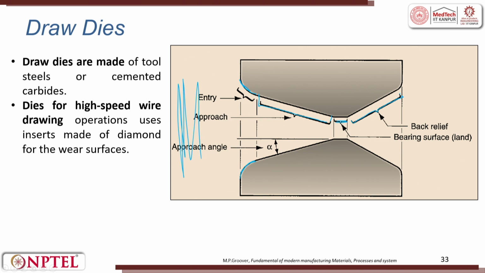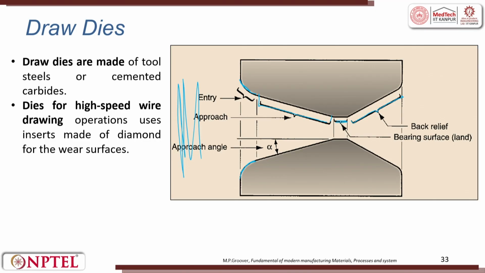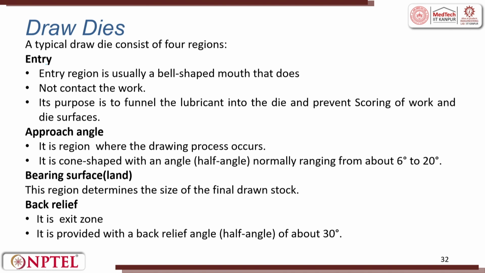There are 4 zones. So, if the wire comes with vibration, the entry takes care of it. Then from there the approach tries to drag it towards a small cross section, and at that cross section it maintains the geometry for some time, and then it is released, because here there will be a lot of friction. You can't have it continuous. Once it is maintained for some time, then when it exits out, it should not be free to bulge out again. So, we try to restrict it for some time. So, these are the 4 zones. Now, let us see it in more detail.